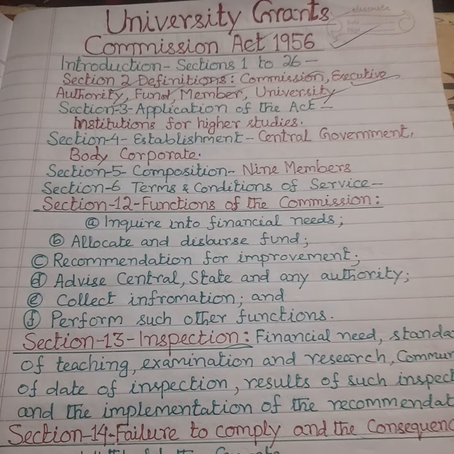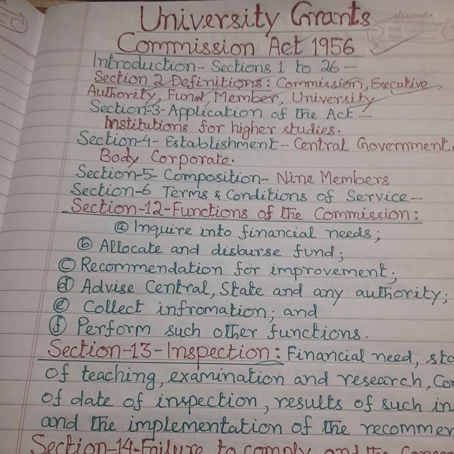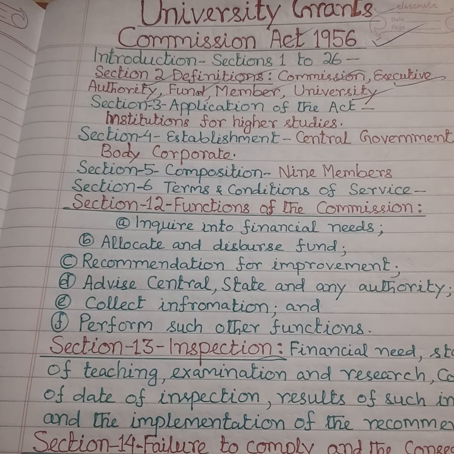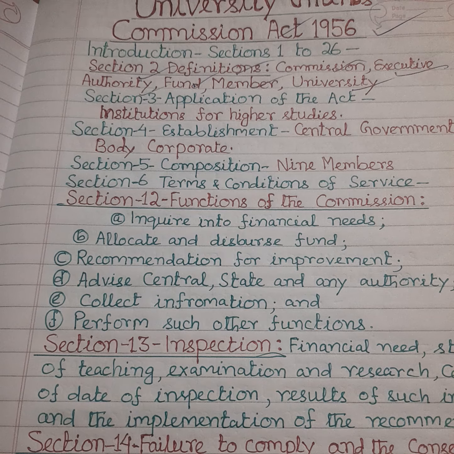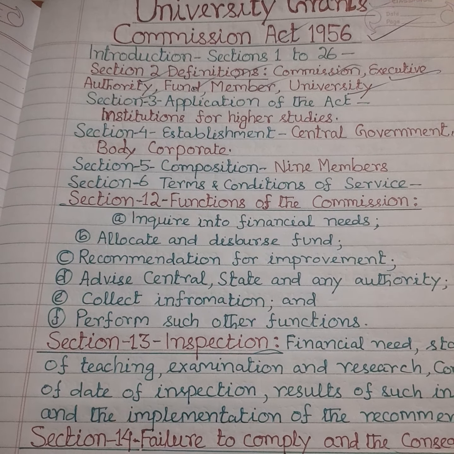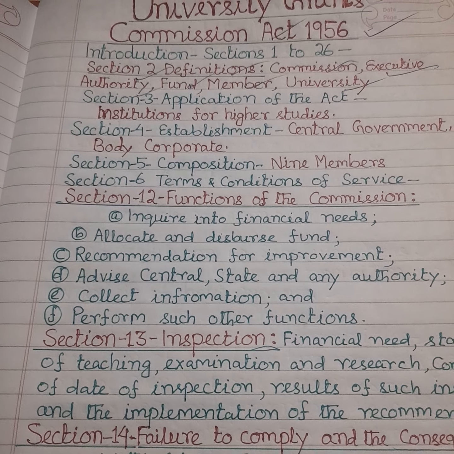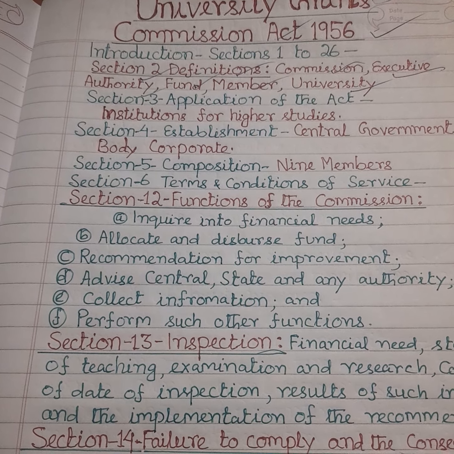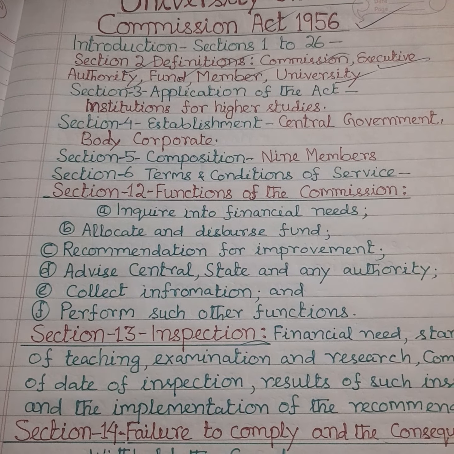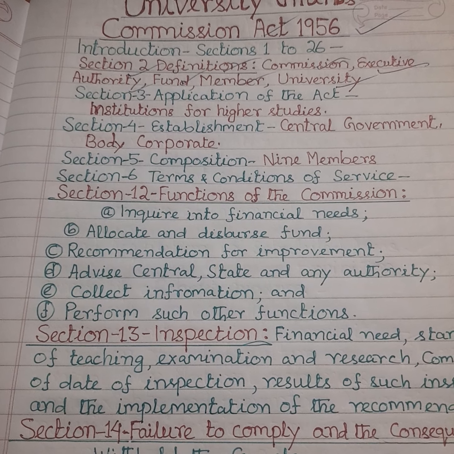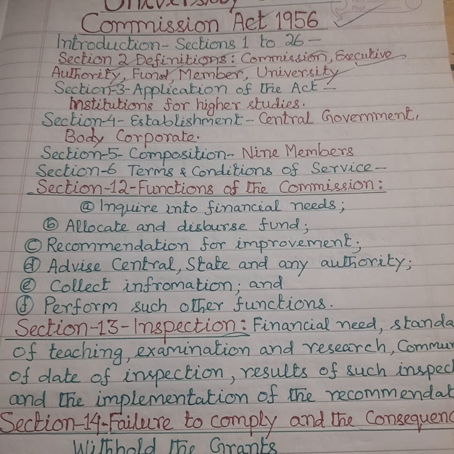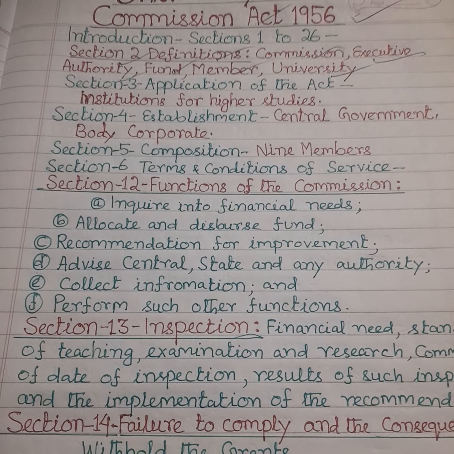for University Grants Commission, then the members and university. So, as per the provisions under Section 2, the Act defines commission as the University Grants Commission established under Section 4 of the Act, and executive authority in relation to a university means the chief executive authority of the university by whatever name called in which the general administration of the university is vested, and as regarding fund, which means under the Act the fund of the University Grants Commission constituted as per the provisions of Section 16 of the Act,